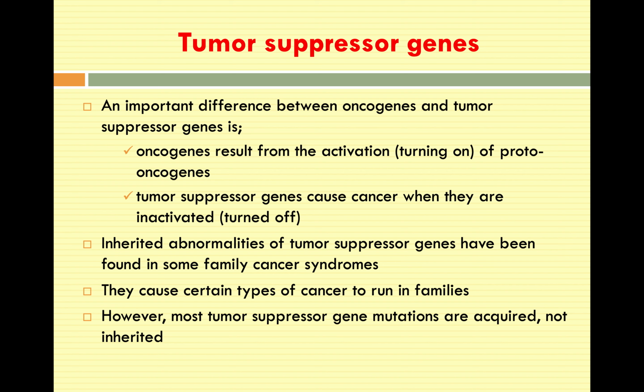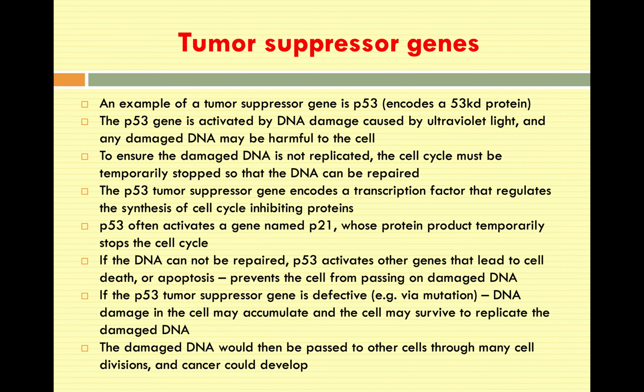Inherited abnormalities of tumor suppressor genes are usually found in some family cancer syndromes. So they cause certain types of cancer to run in families. But most tumor suppressor gene mutations are usually acquired as well, not inherited, except for certain breast cancer and prostate cancer. An example of a tumor suppressor gene, the most famous, is actually P53, which encodes a 53 kilodalton